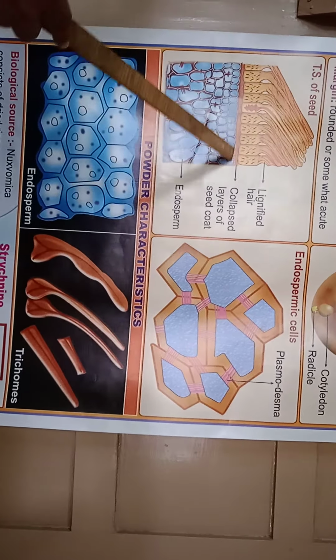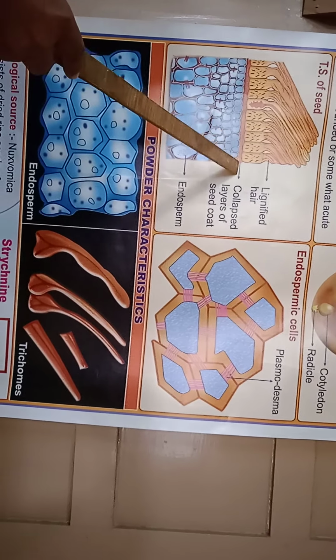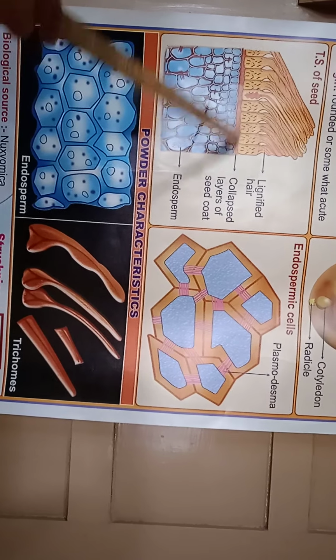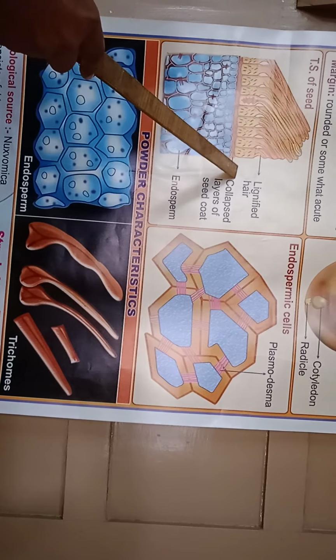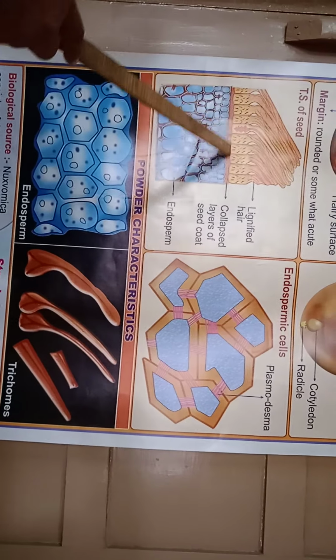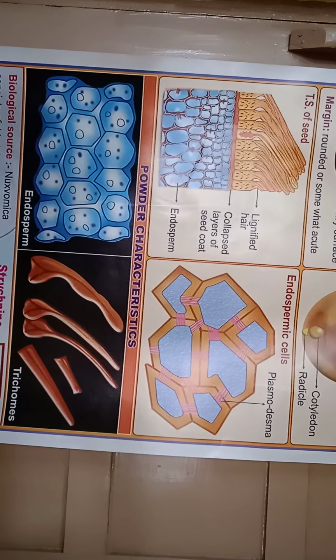Okay, here you can see these are the epidermal cells, external layer, which is single layer forms lignified trichomes. Large thick walled with oblique linear pits are present. That means the base of this covering trichome, they are embedded in the epidermal cell layer. Okay, then collapsed parenchyma. Below epidermal layer there is a collapsed parenchyma cells are present here only. Okay, and which is present in the seed coat.